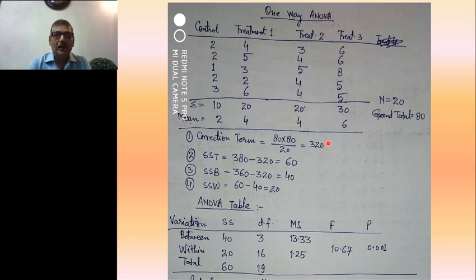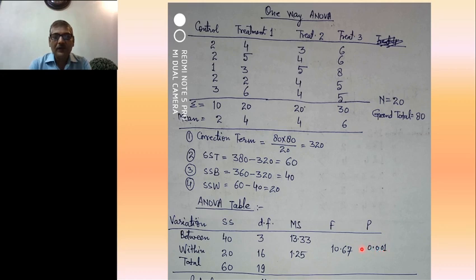And by adopting all those methods which I just explained, you can find out this single factor ANOVA table. And in this case, the calculated F value is 10.67, whereas the table value, although it is not shown here, will definitely be less than the F value obtained here, and that is why the probability is 0.001.